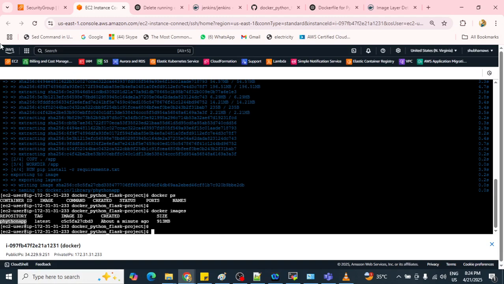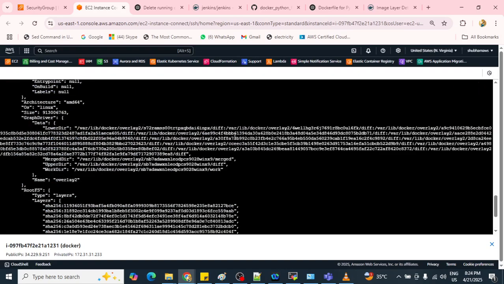How are you going to see this in more detail? What is the command? docker inspect. Then you need to copy the image name and paste it here.